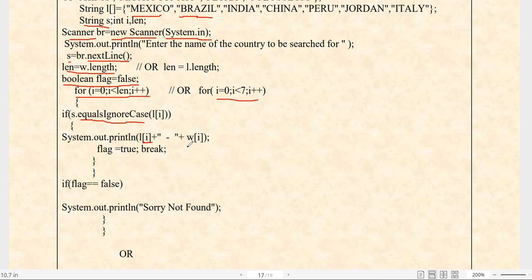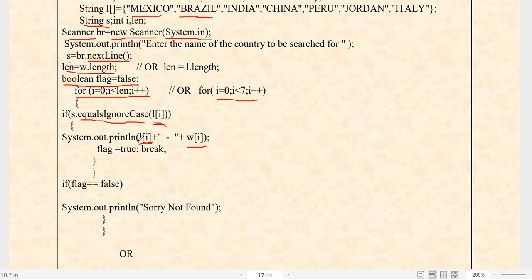Both values will be printed, because according to this given program, you have to print the location and the vendor's name along with the location. So here we have to print the value from both of the arrays. We have to apply the searching on the L array, find the element from the L array, and whatever index you find will be used to print from both arrays.